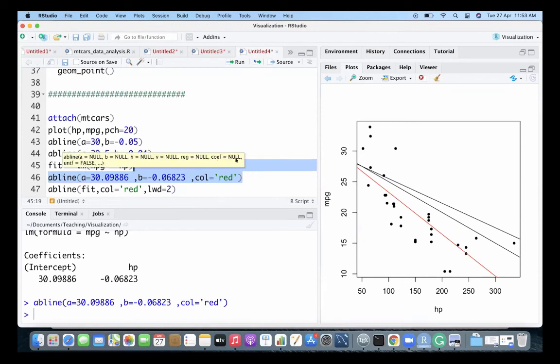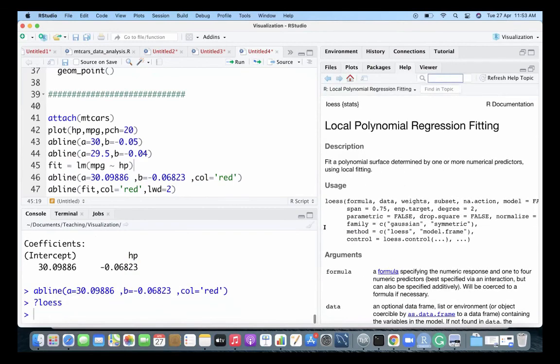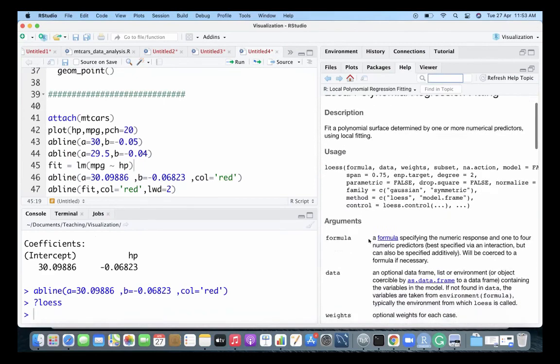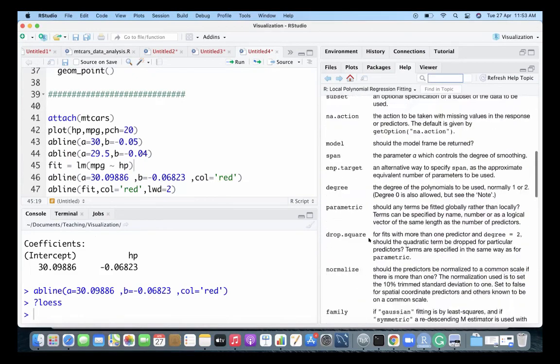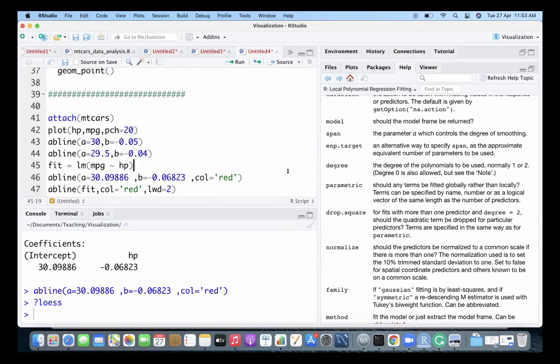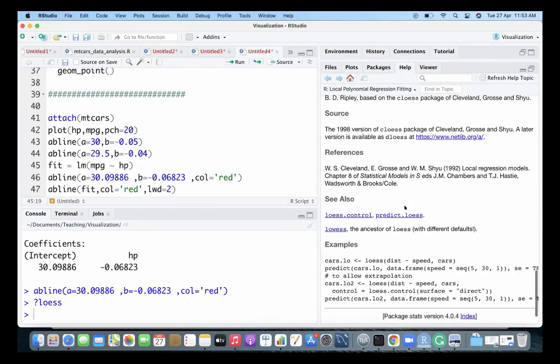And what method does the geom_smooth function use to fit a nonlinear regression? I think it's loess, polynomial regression fitting, if I'm not majorly mistaken.